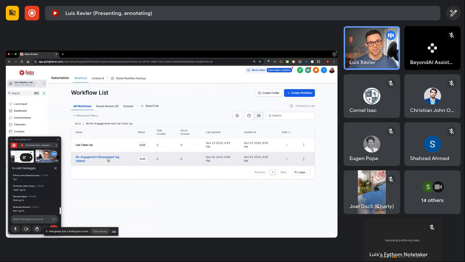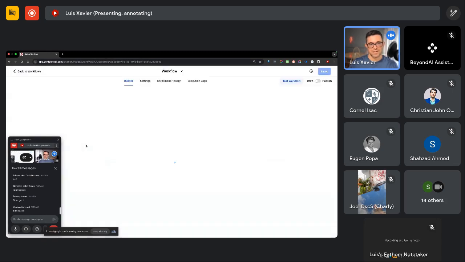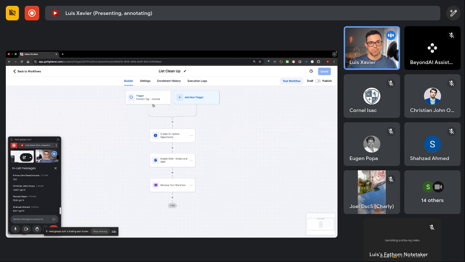As soon as they engage, we're getting them out of the re-engagement, and then they are back to receiving emails and so on. And the list cleanup is a super simple, straightforward automation. So if people in general are inactive, we are going to disable the email so they won't receive any emails anymore. Okay. And this is very important because if you keep on sending them emails with time, you become a spammer. So you're just spamming them.